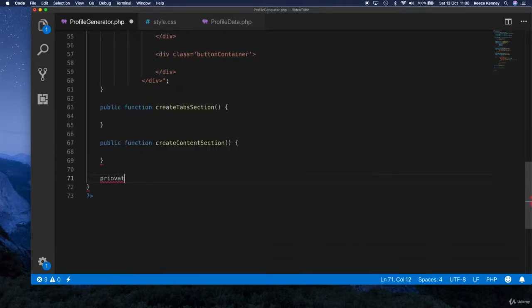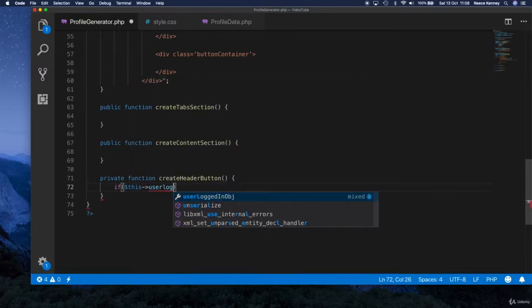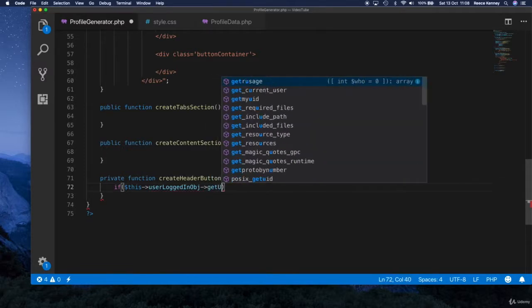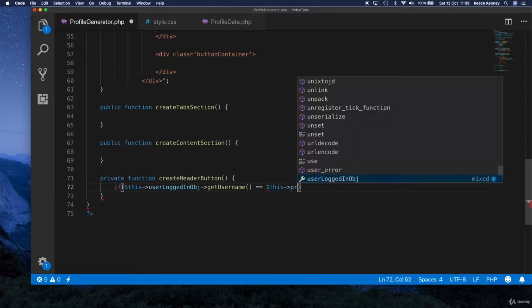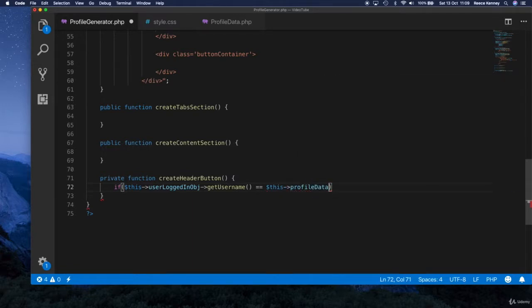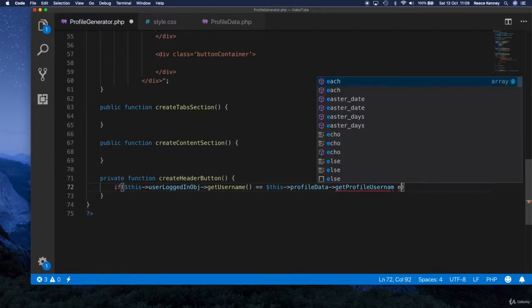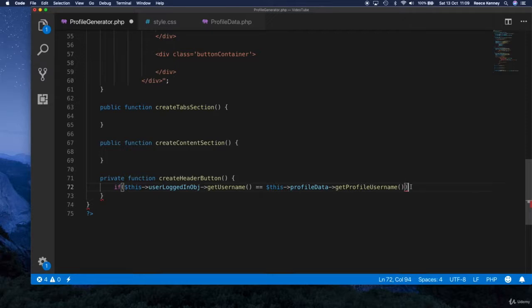We'll say private, because we're calling it from inside this class, and then function, and paste the name in there. All we're going to do is check to see if the user's on their own profile, and if they are, we'll return an empty string. So if this arrow userLoggedInObj arrow getUsername equals this arrow profileData arrow getProfileUsername,